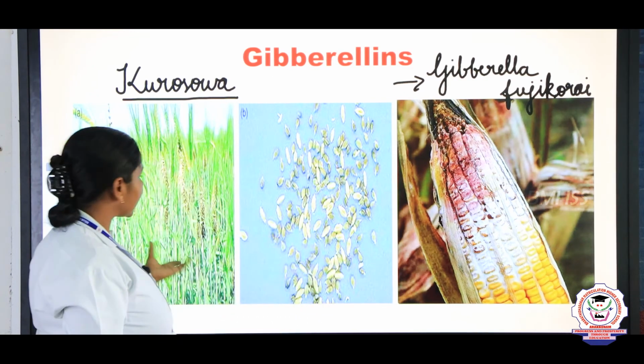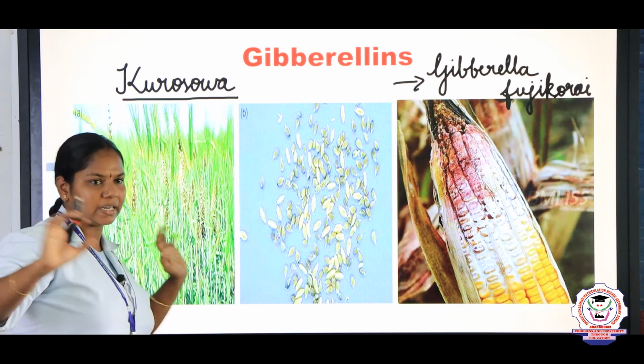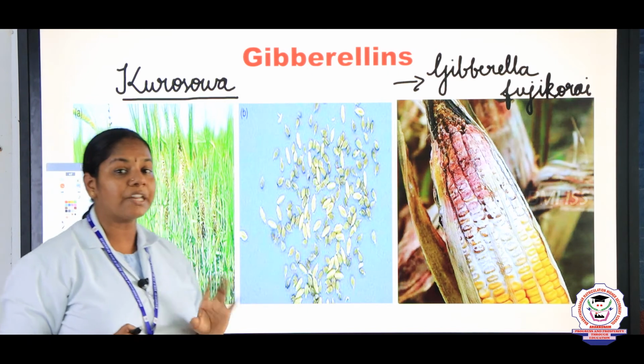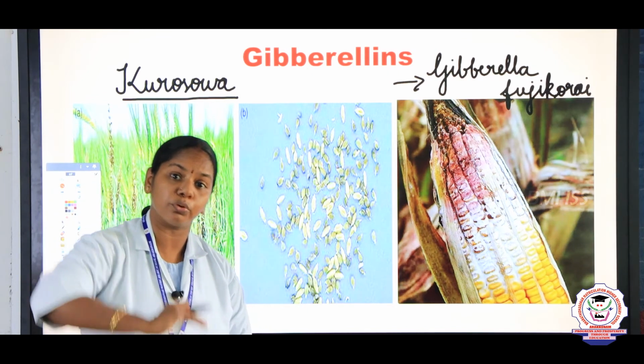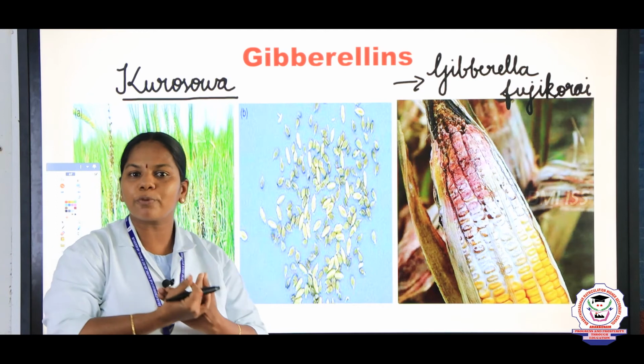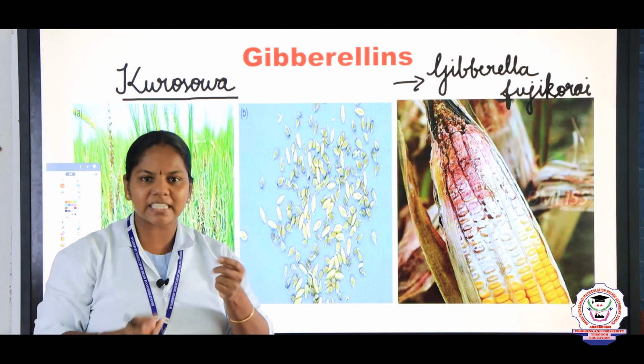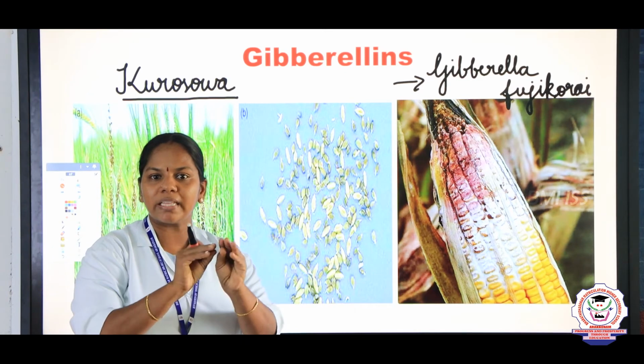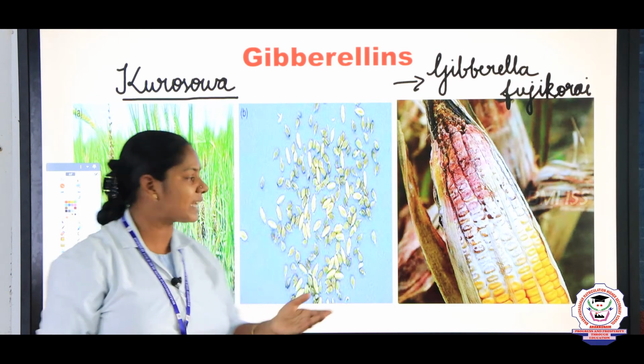Sometimes you can see a rice plant, right? If you go inside any rice farm, you can see only some plants grow to a greater height, but they do not produce the original seeds. If you take a seed and look, nothing will be there, only black, it will be black in color like this.